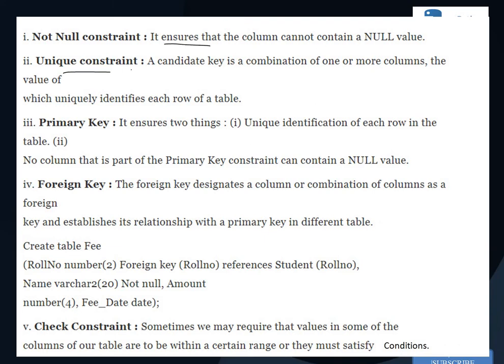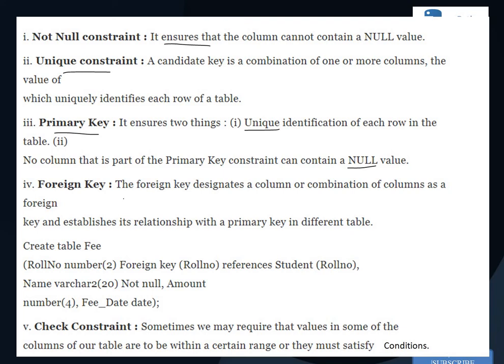Unique will ensure that the column contains only unique values, no repetition of values. Primary key makes the column the primary key. Two properties are associated with primary key: the column will contain unique values and it will not contain null values. Then foreign key we will discuss later with an example.